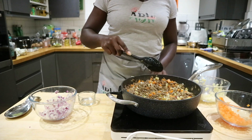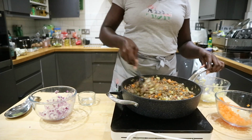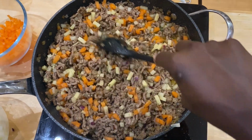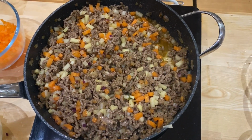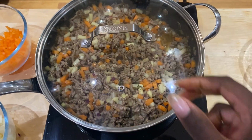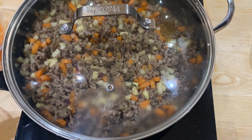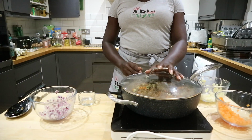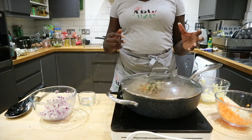The flavour in the meat is exactly what you want. You can now see how well combined the potato and the carrots are, and what we're going to do is just leave this to simmer for a few more minutes. I will say probably about another 5 to 6 minutes for it to simmer and for the potato and the carrots to soften up. So we'll leave that on medium heat for another few minutes, and once everything has softened